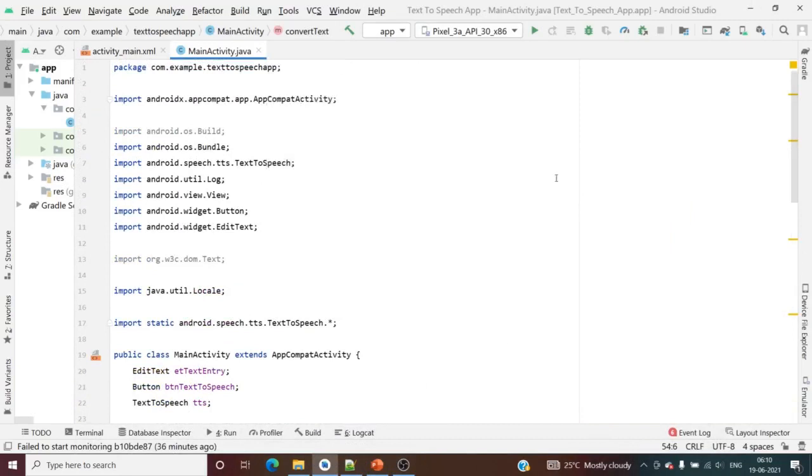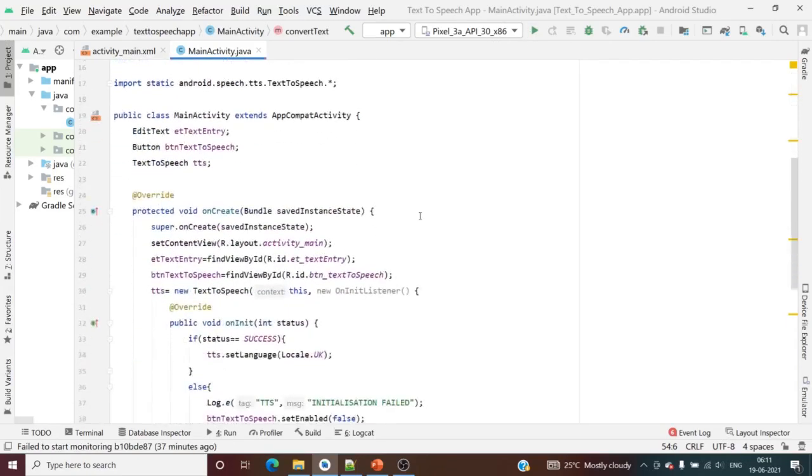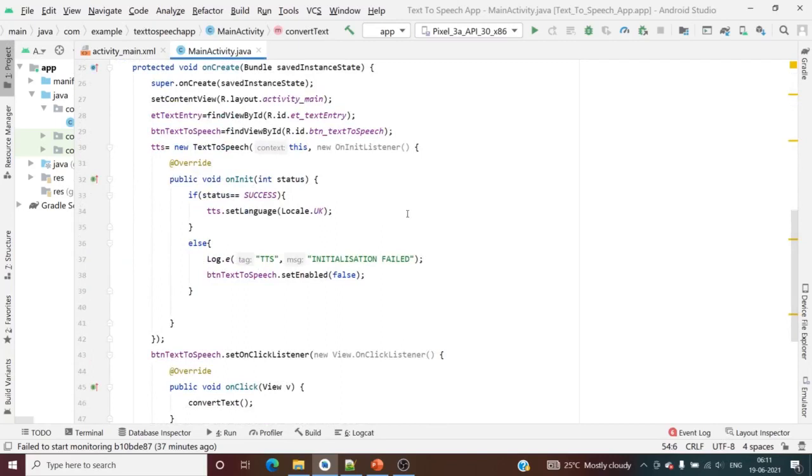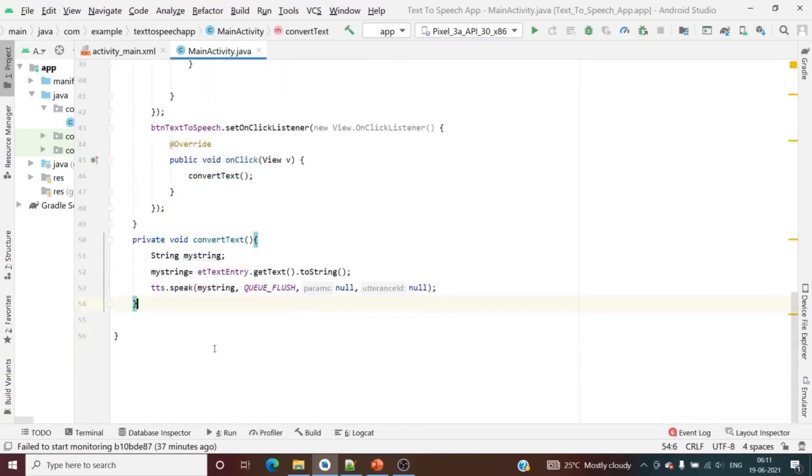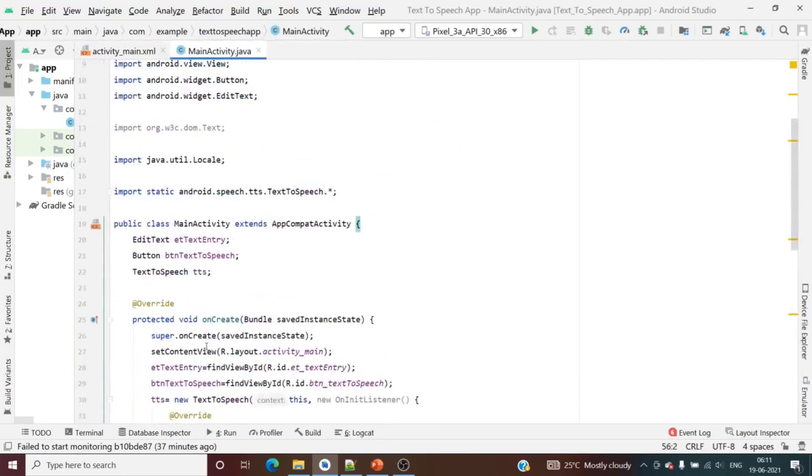I will burn this into my Android device and show you, but please verify it yourself, because the initial setting I have done is for Nougat, so you have to test it on your mobile only. It may not sometimes run on your Android virtual device. If it runs, okay, otherwise please put this app into your physical mobile device and verify. I have verified it, it's running fine. That's the app for this week.